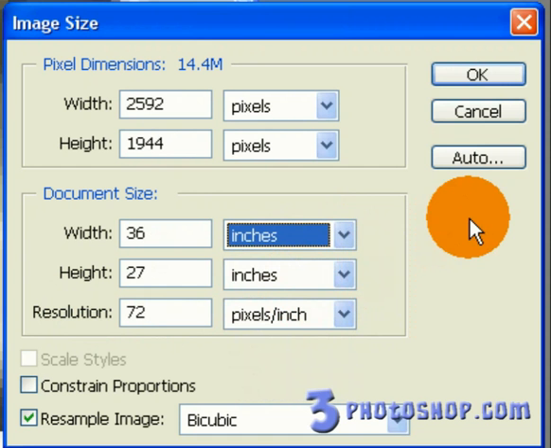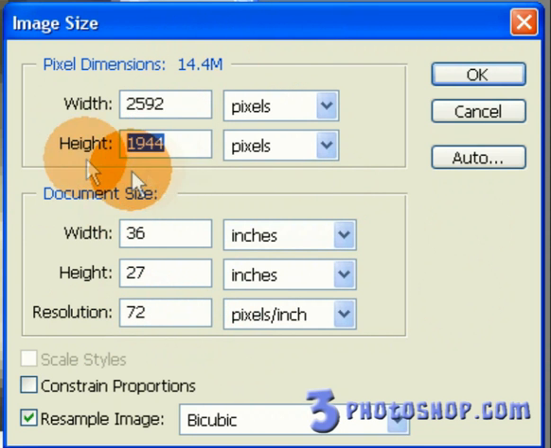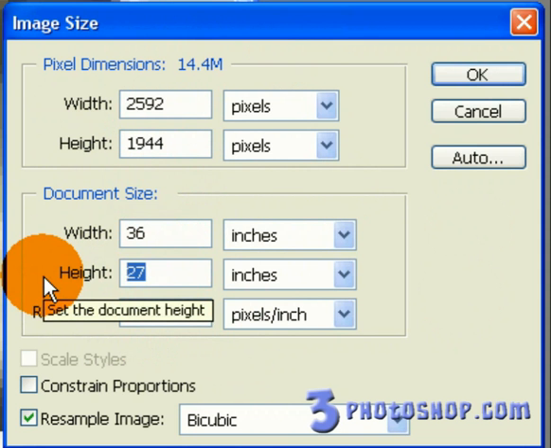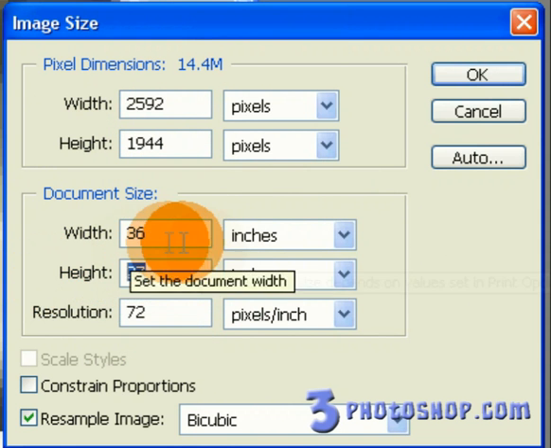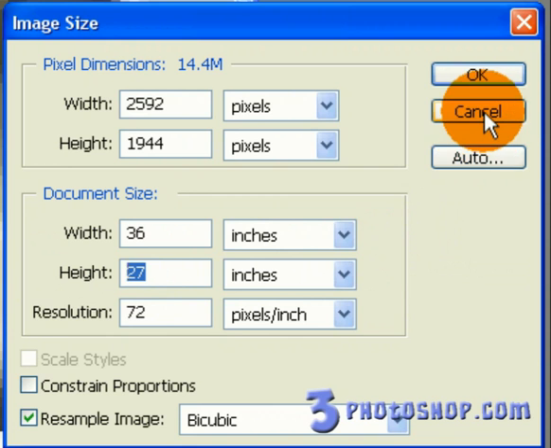Now it's important to understand that all of these 5 figures are related. We have an image that's 2592 by 1944 pixels, and if we want to print this document out in a format that's 72 pixels per inch, then we're going to get a resulting document of 36 inches by 27. That's the actual size once printed. Now I want you to remember 36 by 27,